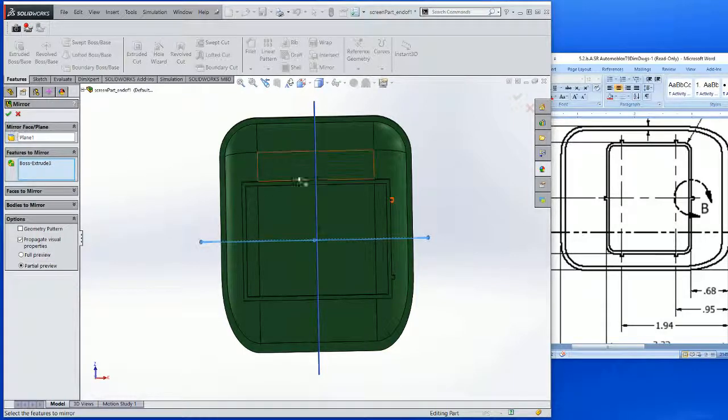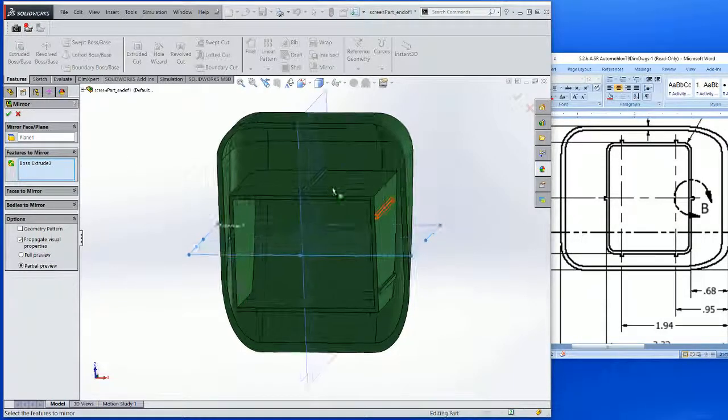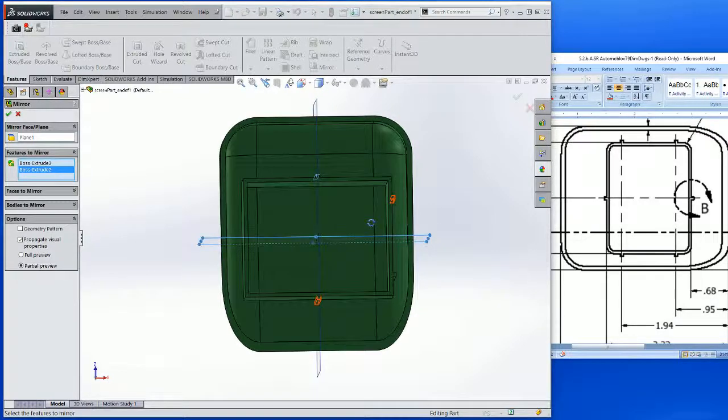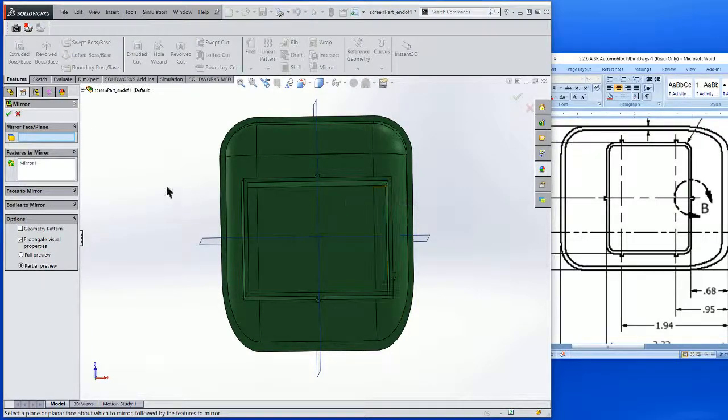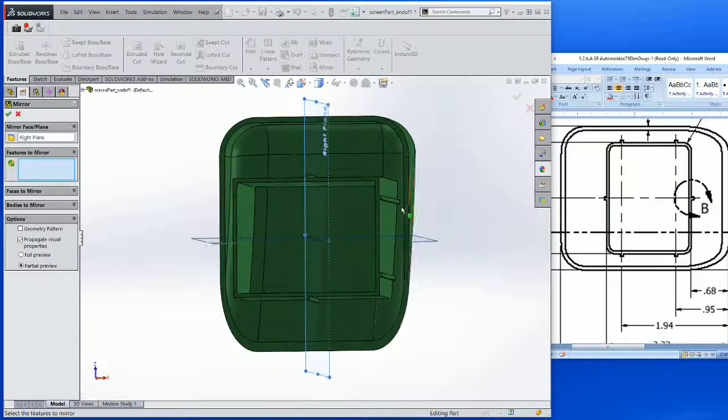I'll accept that mirror, and I'm also going to mirror boss extrude 2. So now you'll see that I've got these two diagonal pieces in my mirror. And now they just popped into place. I'm going to do one more mirror action. This time I'm going to mirror about my right plane. And my objects that I'm going to select are going to be